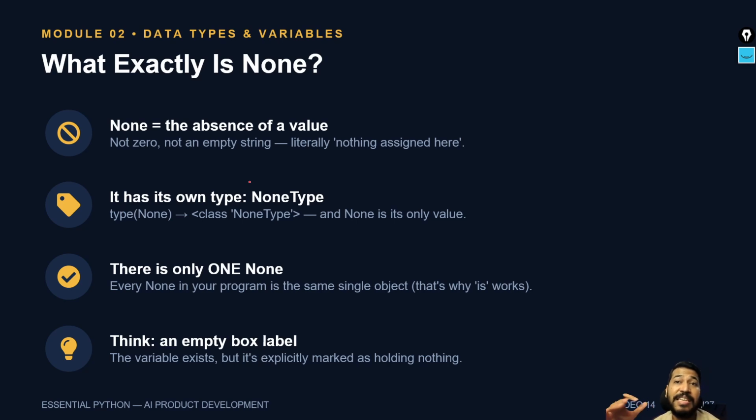If you're saying something is NoneType, a nothing type, Python has specifically defined a special kind of data type, which is nothing but NoneType, that we are going to learn as part of this video lecture. There is only one None. It's not like you have created a separate None variable. Suppose I have a = None and b = None. Then is this None different from this None? Both are the same only,